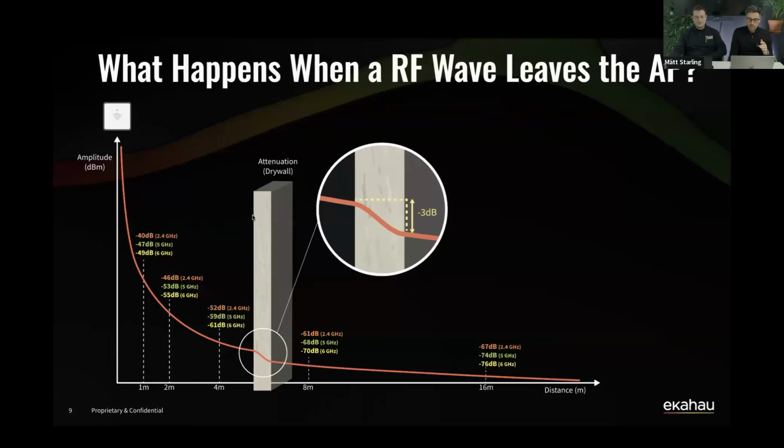But then there's something that happens here. When you have a piece of material, let's say drywall, for example, or a brick wall, or concrete, or even glass, that causes something to our RF waves that's called attenuation. Different types of materials that you will have in your environment will cause different levels of attenuation, effectively absorbing some of that signal. As it passes through the material, some of that energy is going to get lost, and you're going to lose some of the power coming from the radio of the access point.